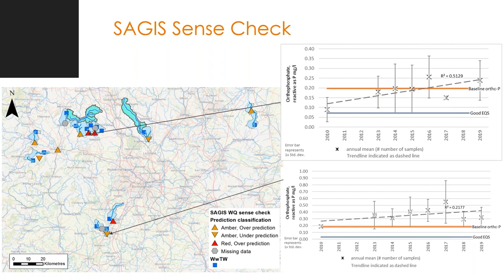Blue, if it was on this plot, would mean it's within 10% of the 3-year annual average during the baseline period. Green would be within 25%, but amber is over 25%, but within one standard deviation, and red is outside one standard deviation during the baseline monitoring period. So on the face of it, it looks like we've got pretty bad SAGIS performance, or pretty poor performance across